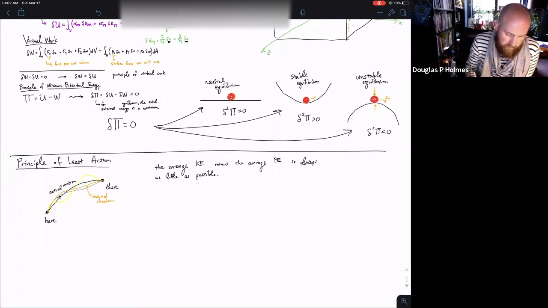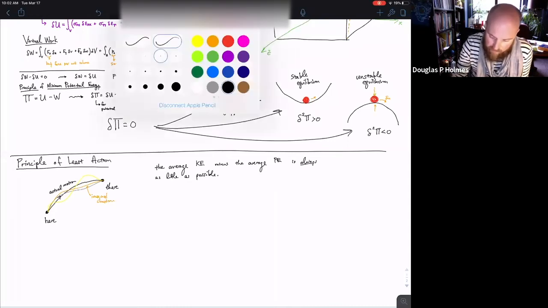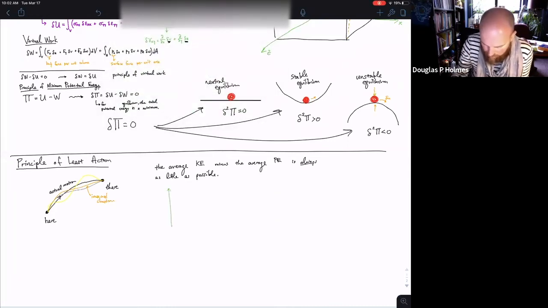So we can math up this statement here. Let's actually do something real. Let's put some coordinates on here. We'll call that the x direction. We'll call this time. We'll say my ball is going to start at some position at T1 and is going to end up at some other location at T2. And it's going to take this path,